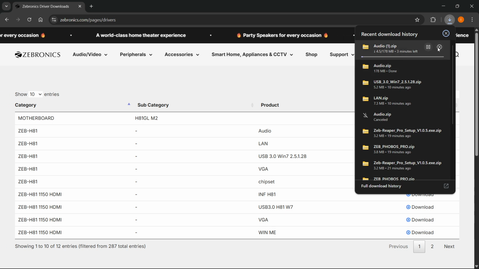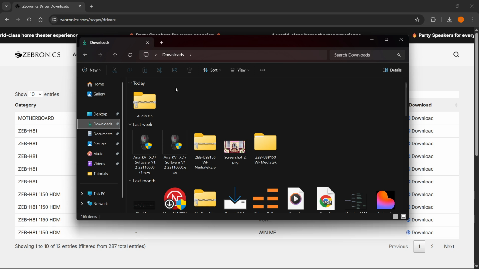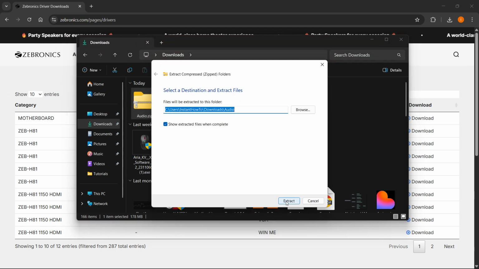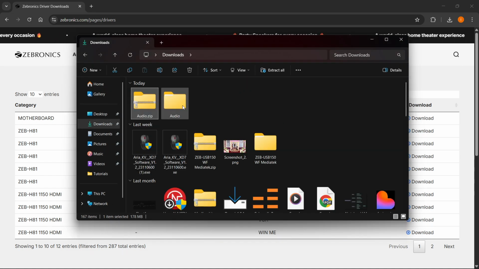Now this will take a few minutes, so I actually pre-downloaded this so I can show you how to now set this up. So if I open my downloads folder here, as you can see, I now have a zipped folder. There's a zipper over it, so you have to right click on it and click on extract all, and then click on extract again. Now when you do that, it's going to extract all the items. There we go. And then you want to open up the folder that doesn't have the zipper on,